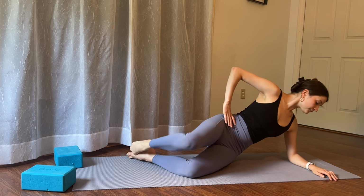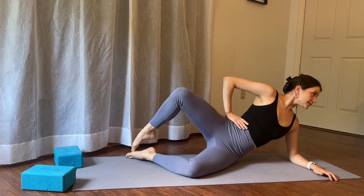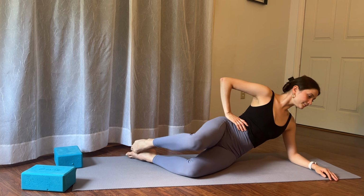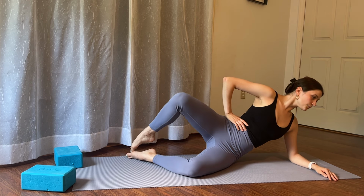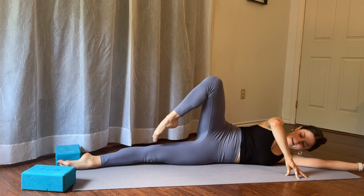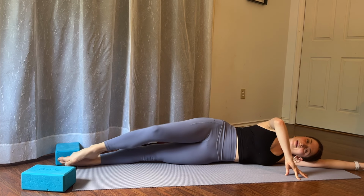9, 8, 7, 6, 5, 4, 3, 2, and last one. Keep the rotation. Go ahead, lay on your side, find your retiré position, and we lift the knee, extend, lower down, again, toe